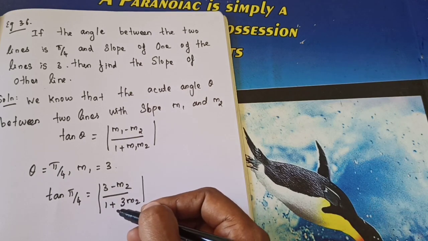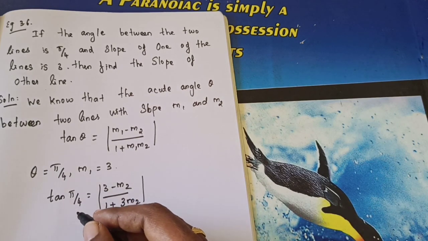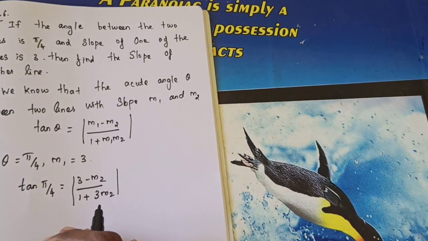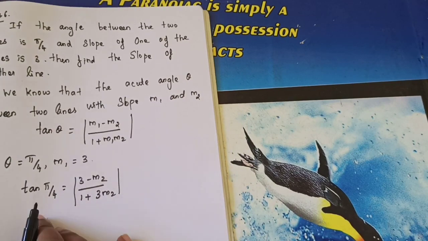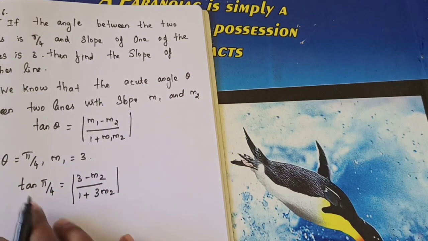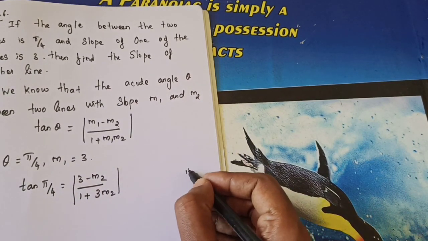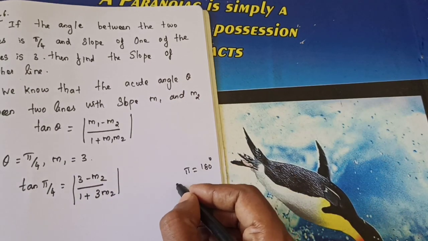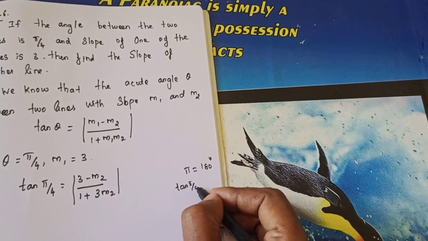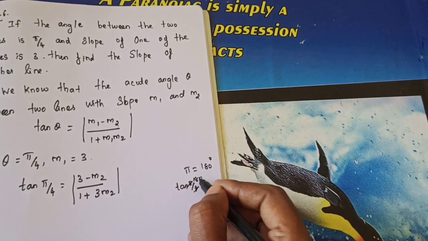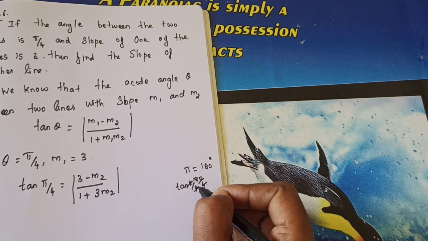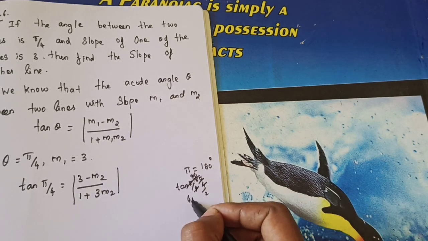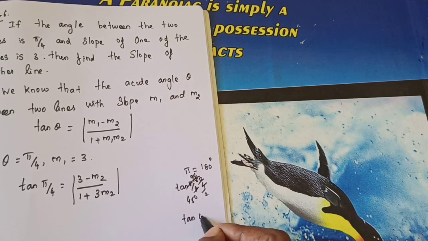Okay. So what will happen? Tan pi by 4, what's the value? Pi means, keep it in mind. After that, in the fourth lesson only, we will learn trigonometry. So before that, it is a problem: tan pi by 4. Pi means 180 degree. Keep it in mind. Pi means 180 degree. So tan pi by 4 means 180 degree divided by 4. So now simplify. 2 times 90 cancel means 45 degree. So that is same as tan 45 degree.